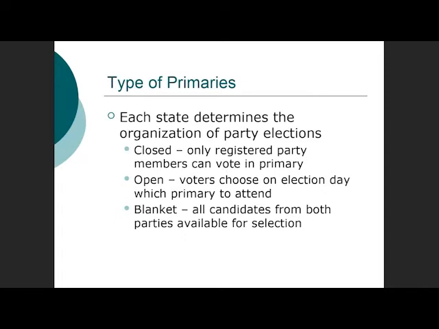So say you're in Louisiana and you've got a primary going on, and there are 6 people that want to be governor of Louisiana: 2 Democrats, 2 Republicans, a Libertarian, and a Green. All 6 of them will be on the primary ballot. And then you, as the voter, show up and say, hey, I want to vote in the primary, and they give you a ballot. There's no I'm a Republican, I'm a Democrat or anything. They give you a ballot, everybody's on it, and you go vote for one of those 6.